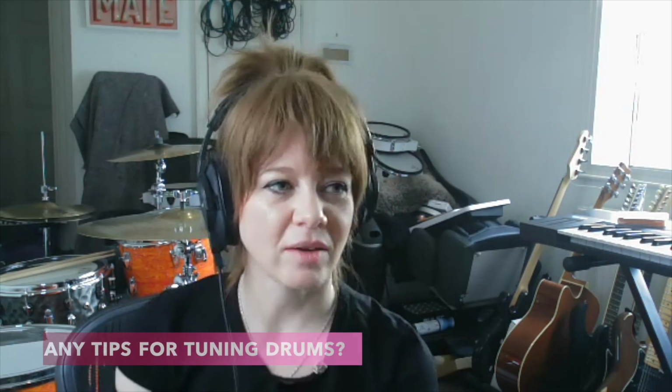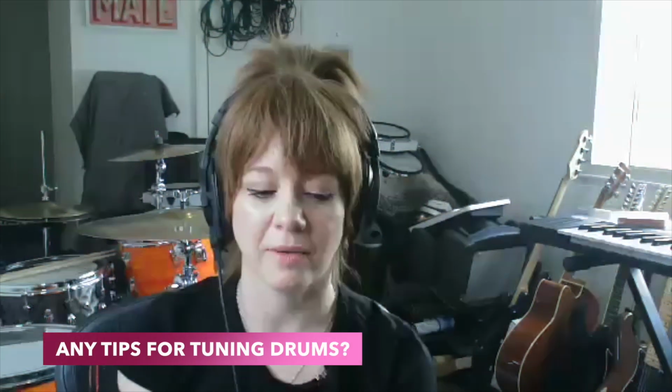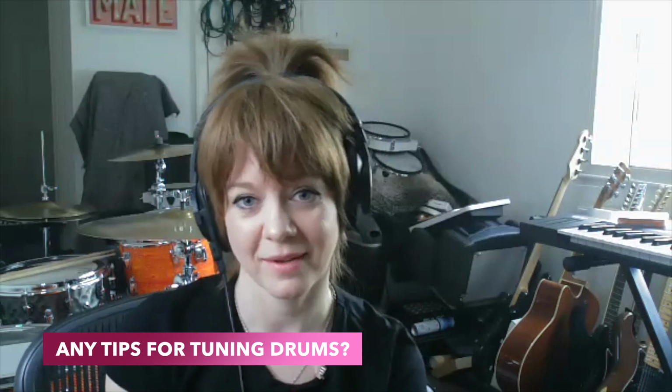And I think generally, the general rule, if you're going to be very pure about it, is that you should tune to the song that you're recording. So the toms should be tuned to the key that you're recording in, as a general rule. But personally, that's not always, we haven't always done that, and historically,